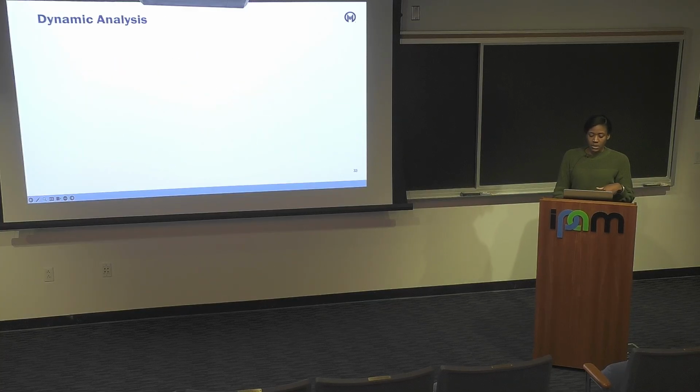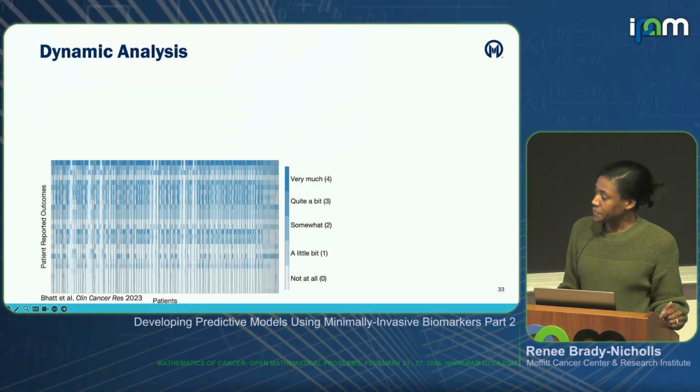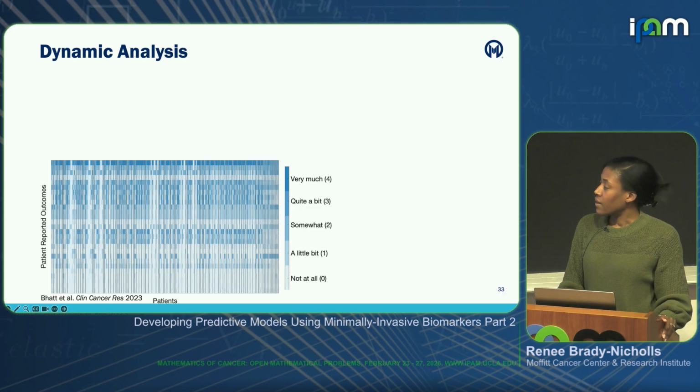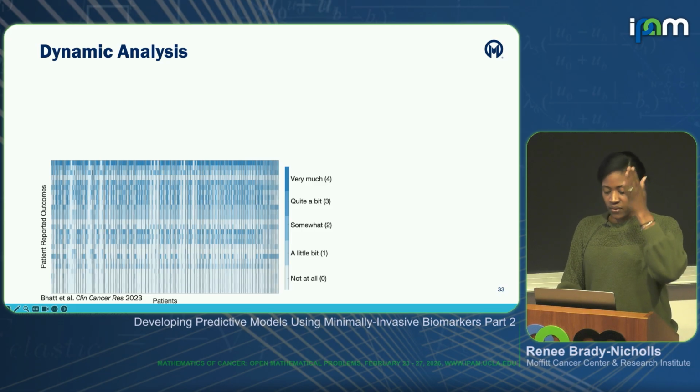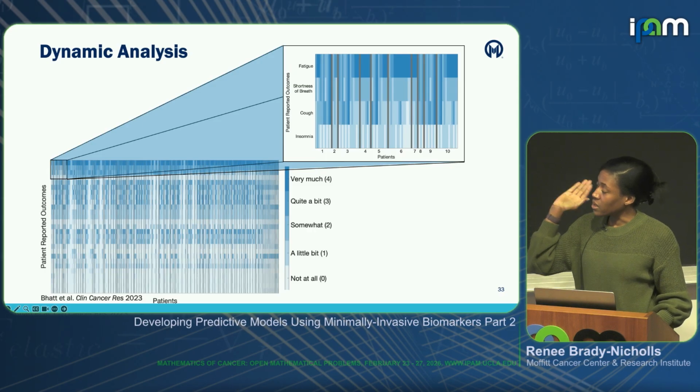Now, these again are just looking at how they're changing over time. What we wanted to do was to see how they change over time in a different study. So this is a group of patient-reported outcomes, 20 different symptoms over those 85 patients that I mentioned earlier. And for this, the symptoms can range from not at all to very much. Each row here is an individual measurement, an individual time. If I zoom in, it's separated by these gray bars for the individual patients. So you can see that some patients had a lot of measures, some patients had very few, and some patients